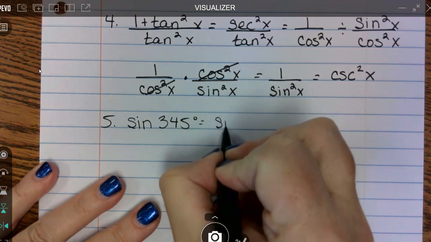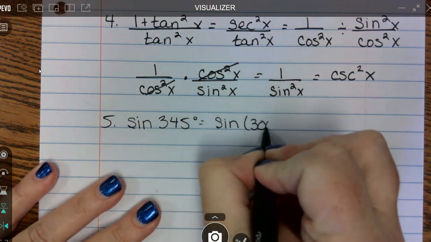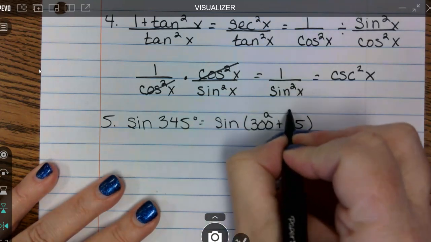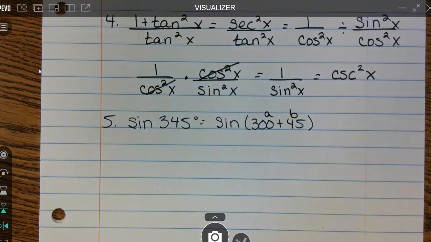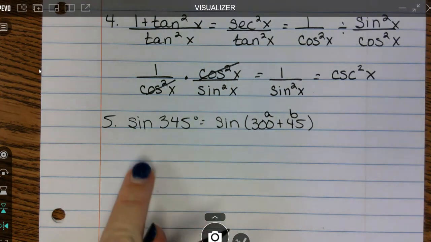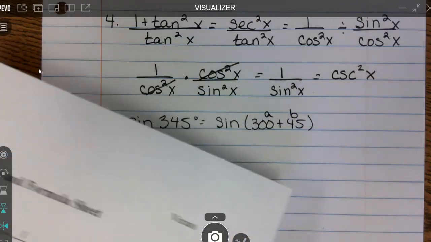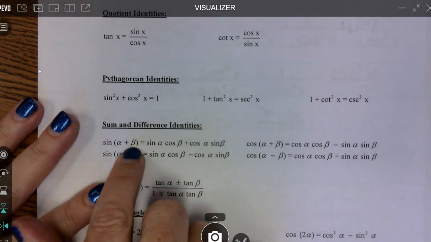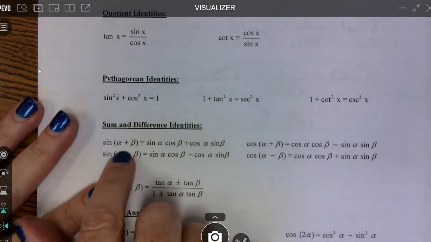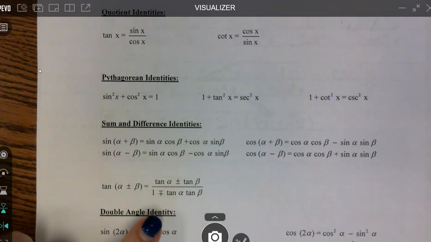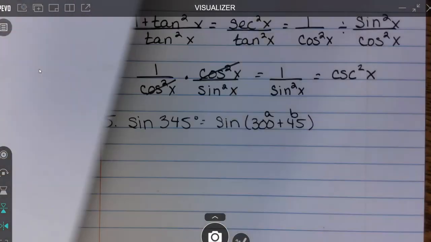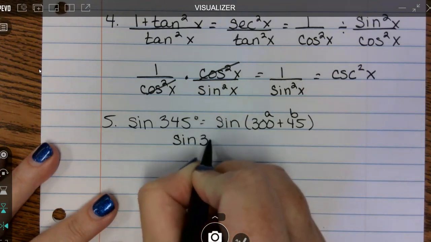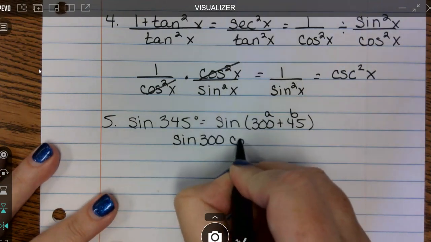Okay, so sine of 300 plus 45. This is going to be my A, and this is going to be my B. Now, this is going to be a formula. If you look right here, I have a sine of A plus B. So I have two angles, and now I can use this formula. The first angle, 300, is going to be my A. So sine of 300, and again, I'm just following